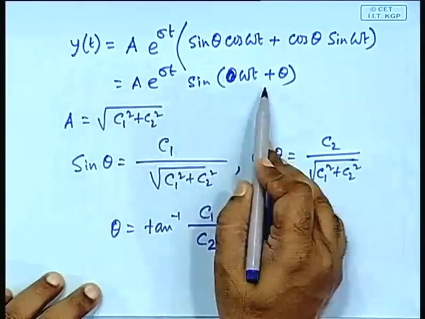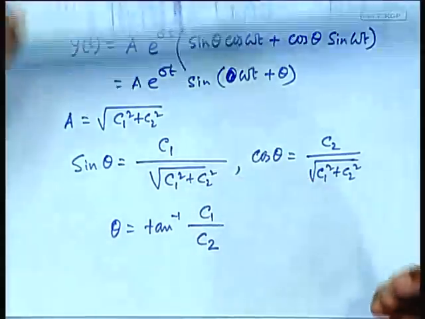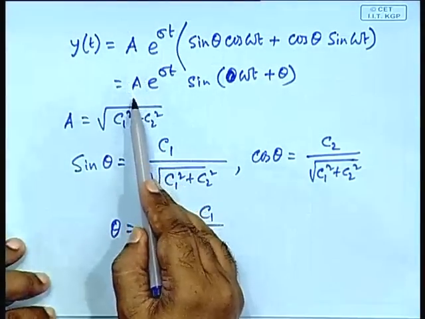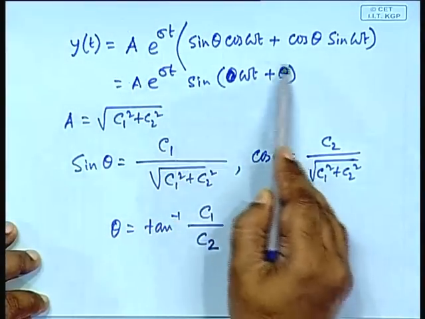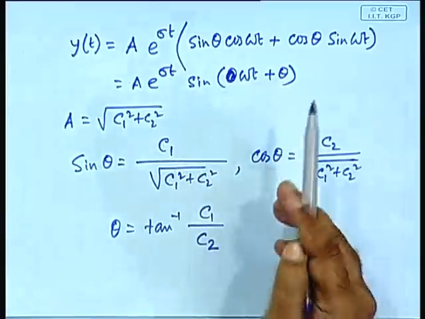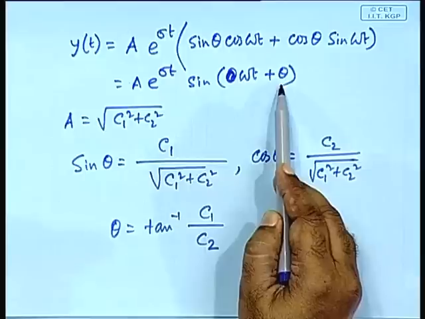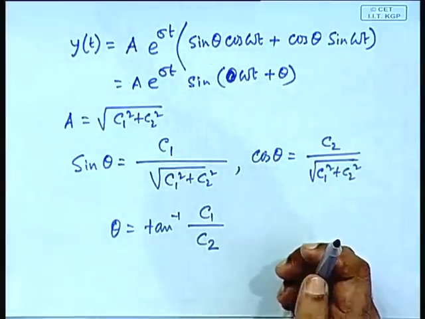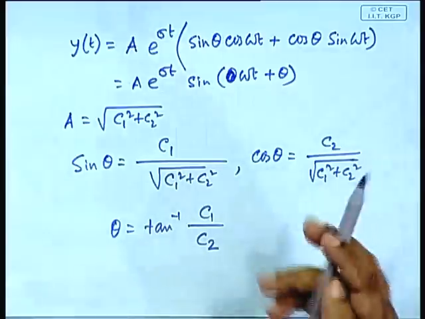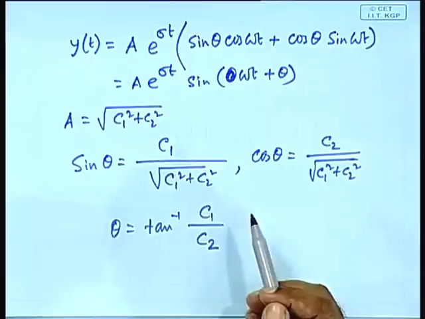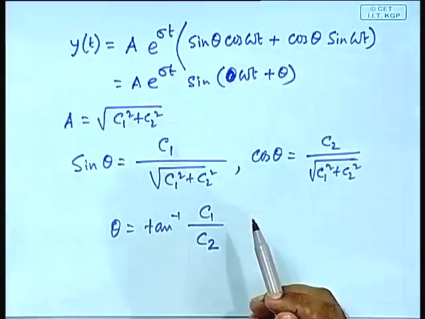Now, this is easier to see, easier to visualize than this. Why? Because this tells us that it has a magnitude A, it has a sinusoidal component which has a phase theta, and the phase theta is related to whatever the excitation was, and then you have this term which is either exponentially decaying or exponentially increasing depending on the value of the sigma.